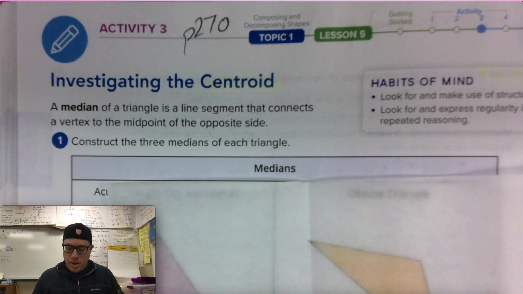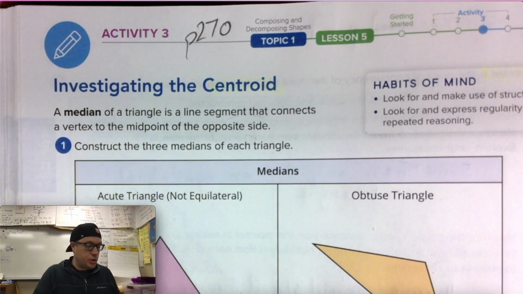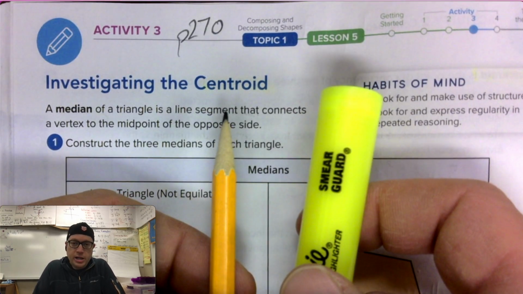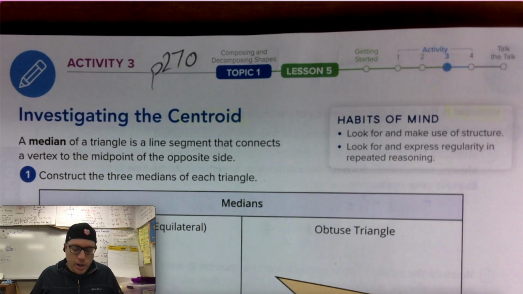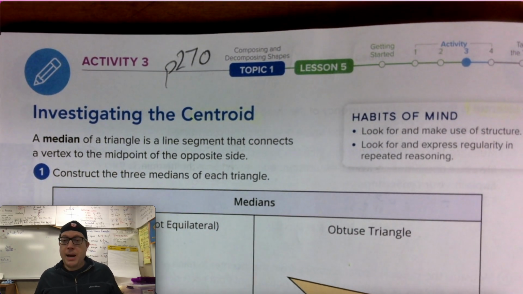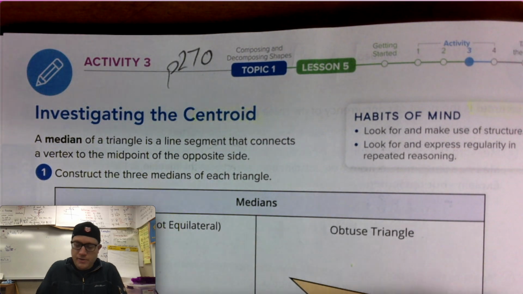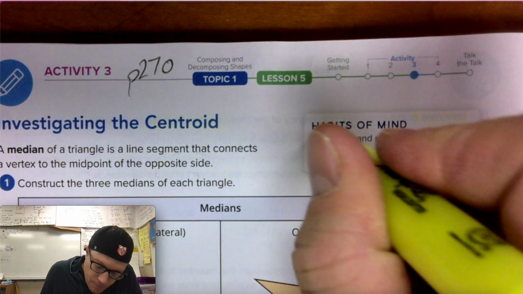Investigating the centroid, you're going to need a straight edge. I recommend some patty paper instead of the traditional compass this time, and have a highlighter and a pencil. And of course, other color pencils if you want. Let's go ahead and acknowledge that as mathematicians in this activity, we are going to look for and make use